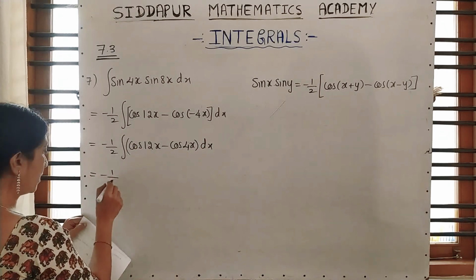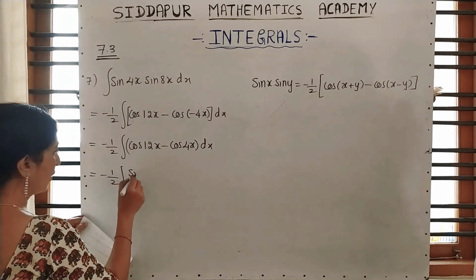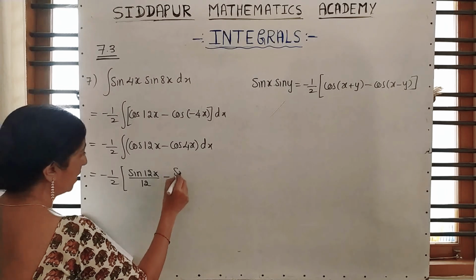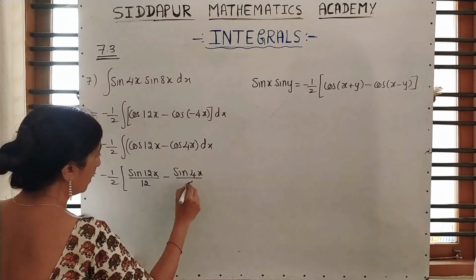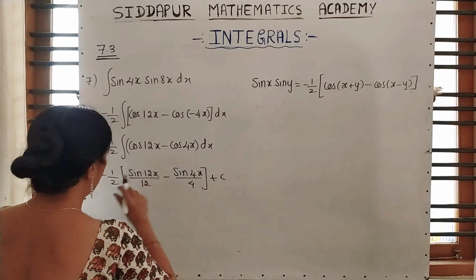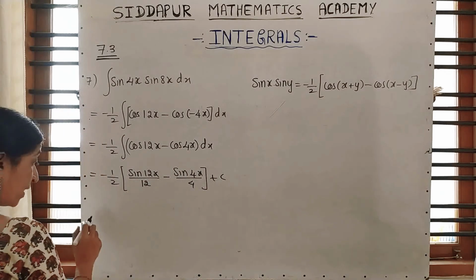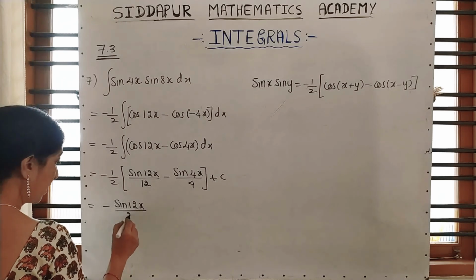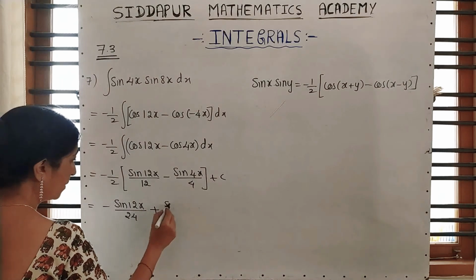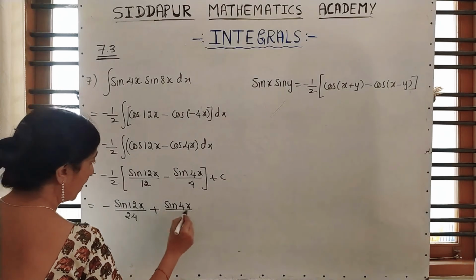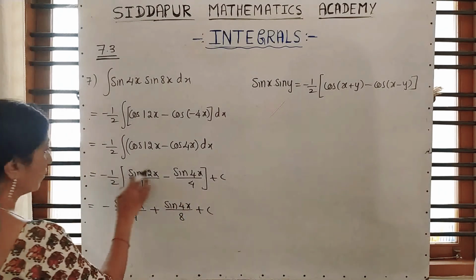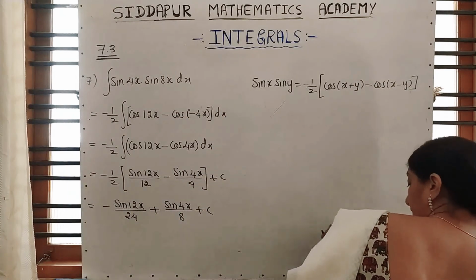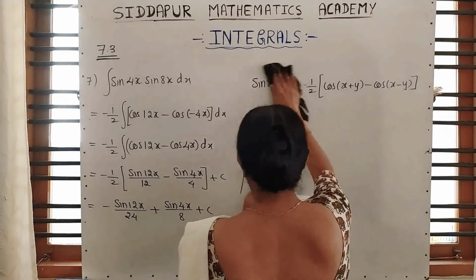This is minus 1 by 2 integration of cos 12x, which is sin 12x divided by 12, minus sin 4x divided by 4, plus. If you want, take minus 1 by 2 inside the bracket. It is minus sin 12x divided by 24 plus sin 4x divided by 8 plus c, because minus and minus becomes plus. Moving to the next question, that is question number